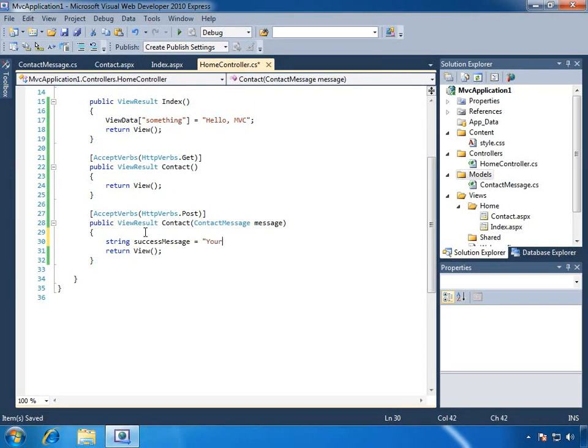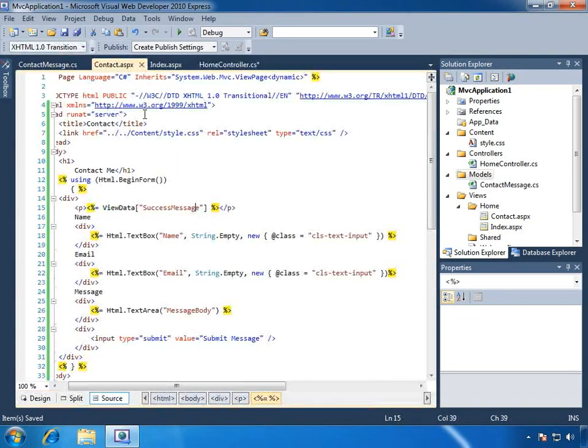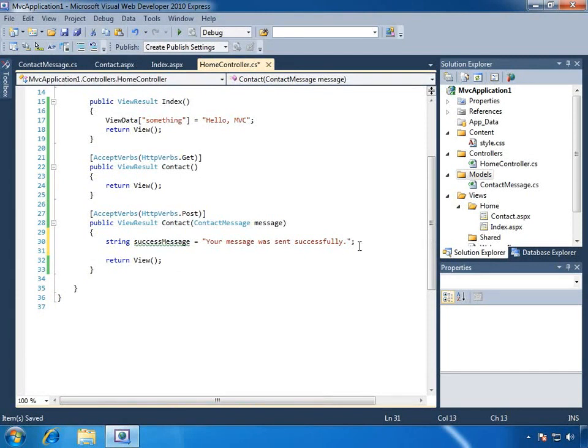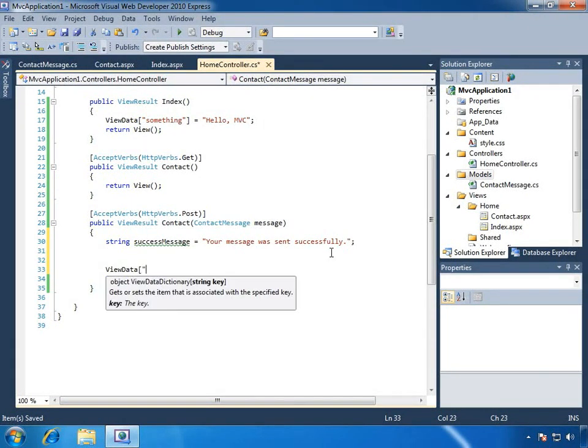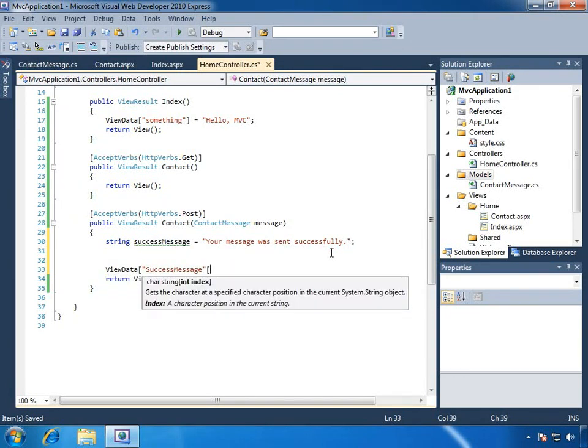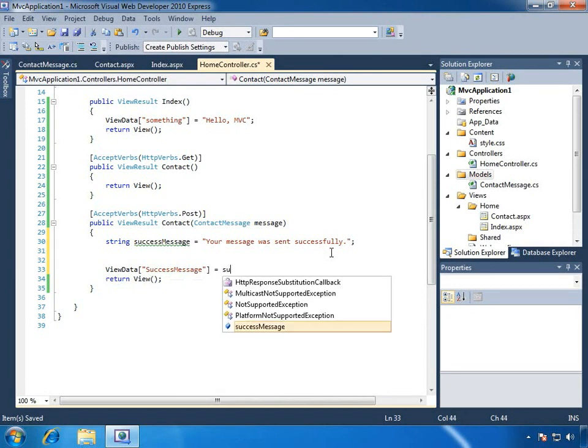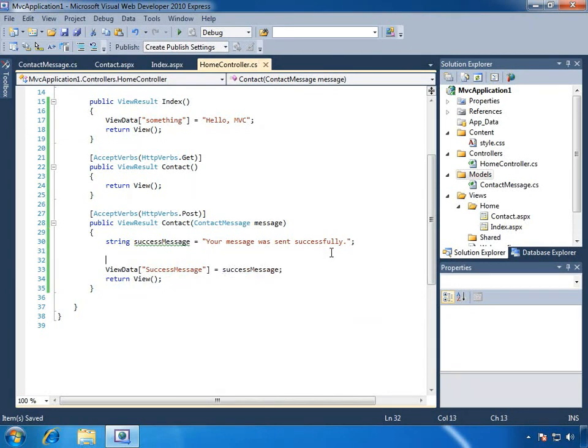Now the first thing we need is a variable to contain a success or failure message. We'll call this variable success message, and we are using the view data structure within our view to display our success or failure message. So let's go ahead and set that here. We'll use the key success message, and we will give it the value of the success message variable. Now of course we will change the value of this variable in case something fails whenever we try to